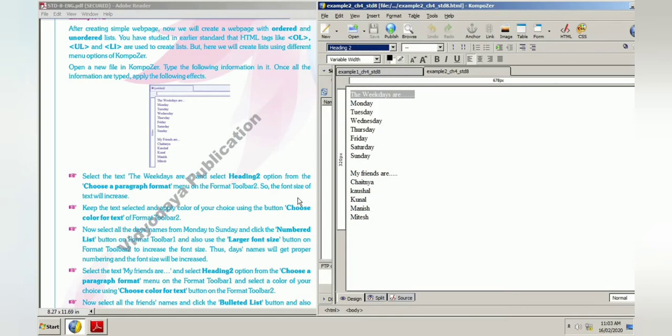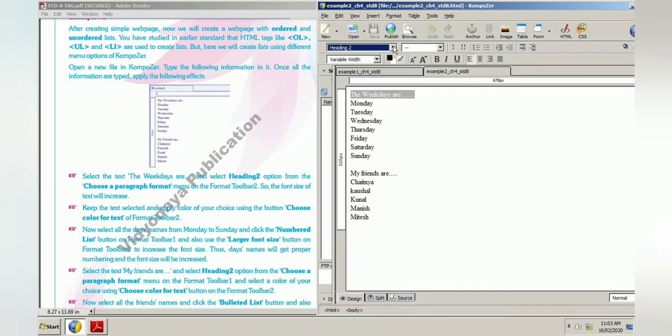So here it's written from the format toolbar 2, but this option is not available in the format toolbar 2, students. This option is available in the format toolbar 1. So you have to select this choose a paragraph format option from the format toolbar 1.